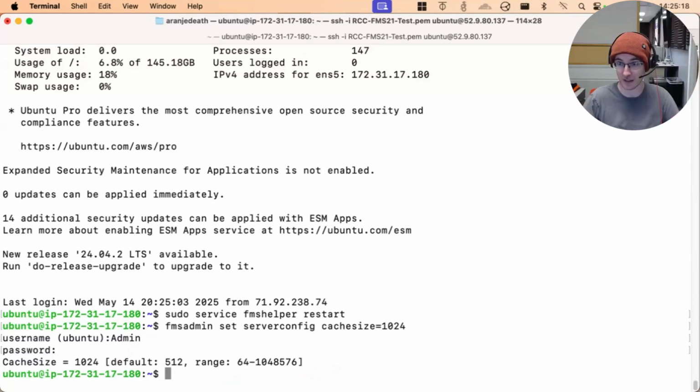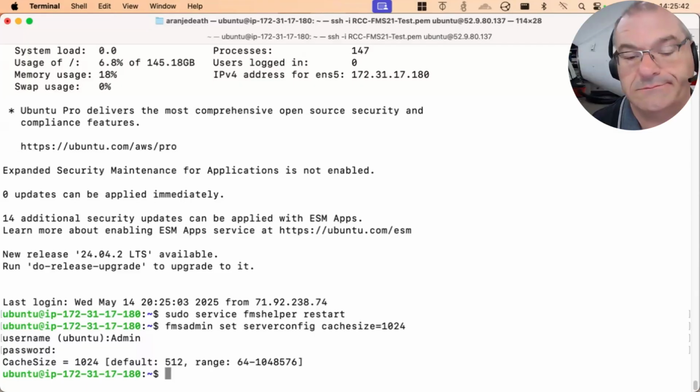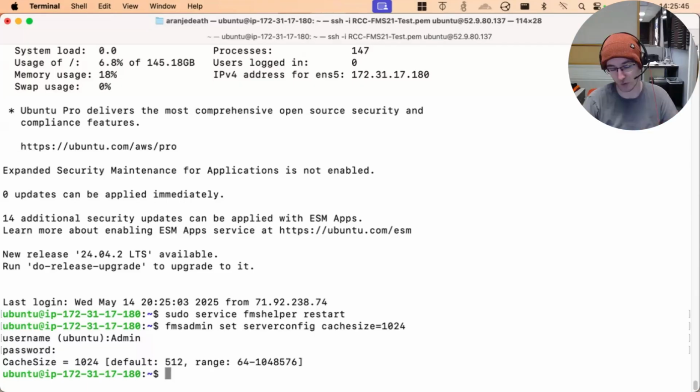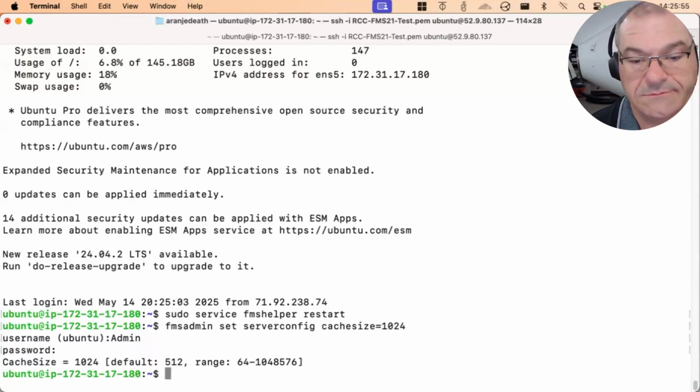That particular customer literally had it at the default, so they had a 512 megabyte cache. We put it up to maybe a couple gigs, and that amount of memory covered the necessary records that were hot in the system, all the records people were touching all day, so they could store it in RAM on the server. That's an immediate and massive performance improvement, period. We've done different FileMaker Server tuning streams over the years, but the two top things are put it on an SSD, an NVMe SSD if you can, and then turn the RAM cache up. That's 1 and 2.